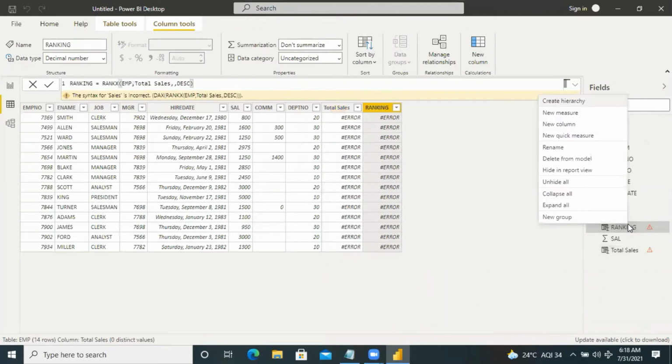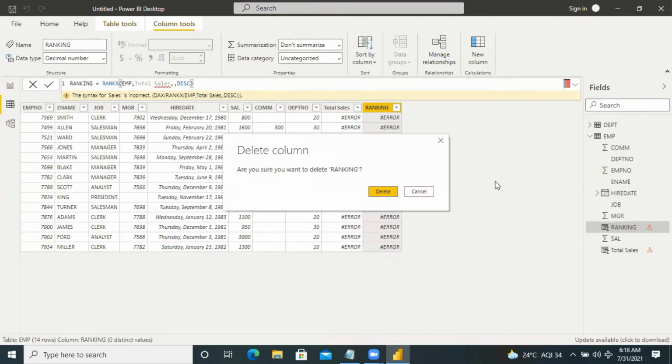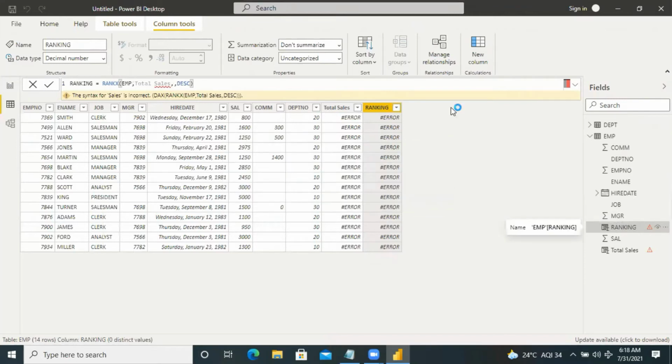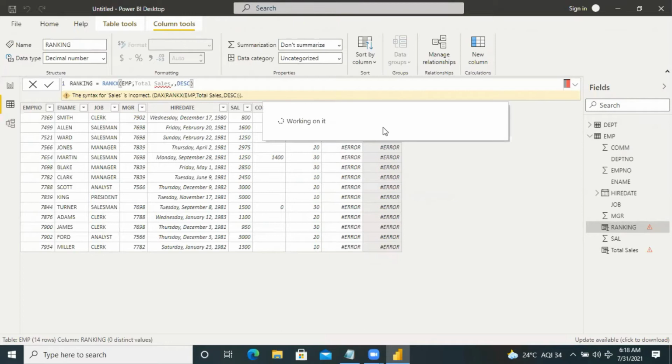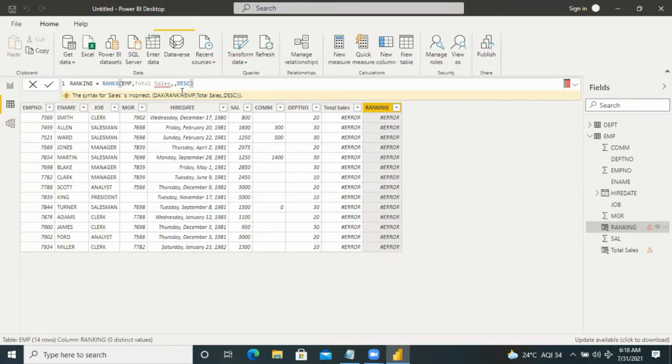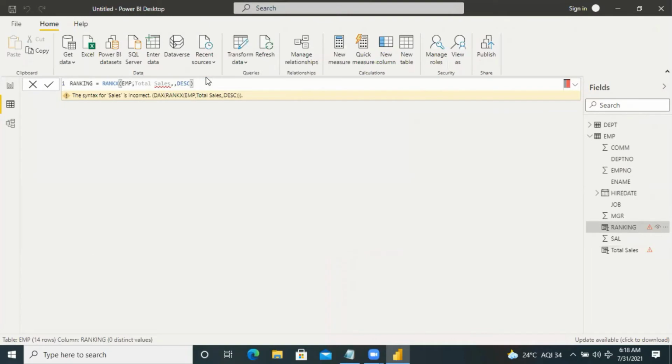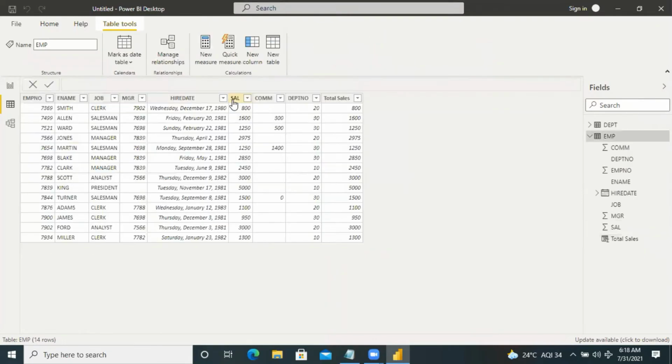So I'm removing the ranking column here. Then total sales, we got it here.